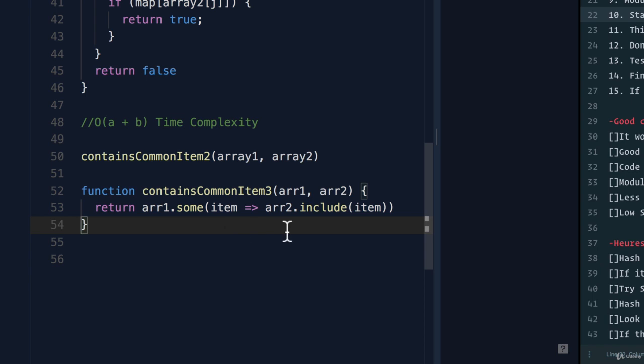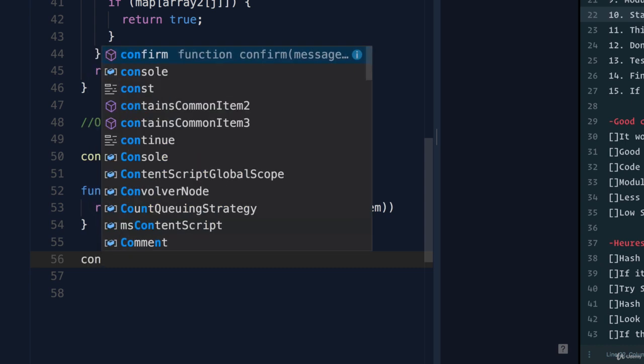Now, what do we just do here? Well, we're using some built-in JavaScript methods to do essentially what we've done above, which is check the first array, iterate through each item in the array, and if some of them include the items in our array2, just return true or false. If we actually check this